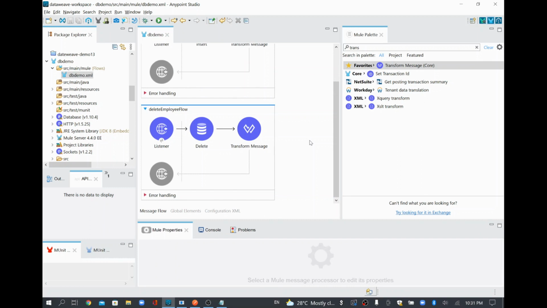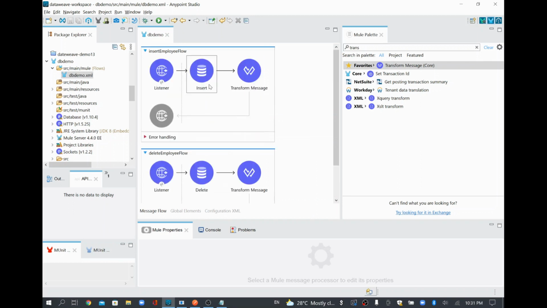Using one request, or using one connection, you can delete multiple records from the table. For example, I have a table where I want to delete 3 records. Instead of calling 3 inserts separately, which will make 3 different connections to your database, we can use one batch insert, which will make only one connection to your database and then delete all 3 records.